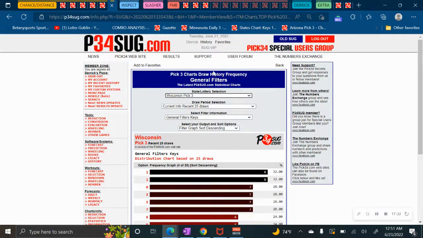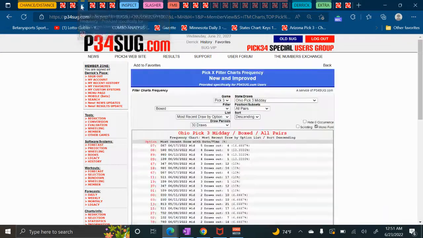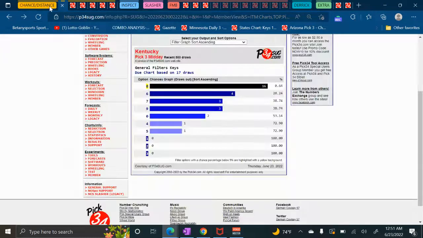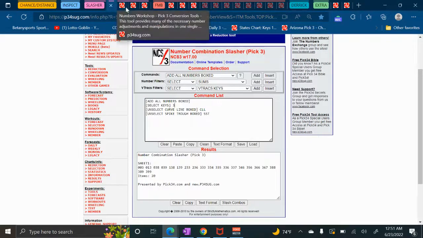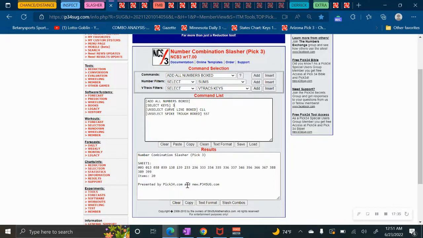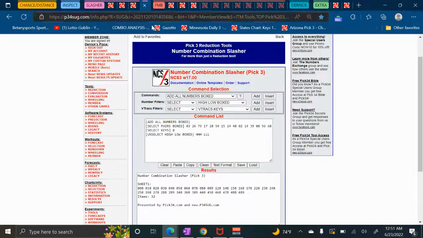I keep this old one open sometimes. I don't know why. I don't really go to it that often. So that's what I got in those. And then I have more in there, but I don't go through all that. Slasher, I keep open the slasher. This is my picks for Virginia tomorrow, starting off. And these are my picks for